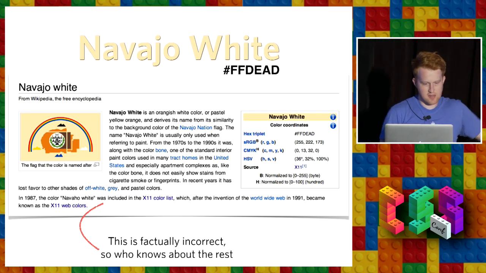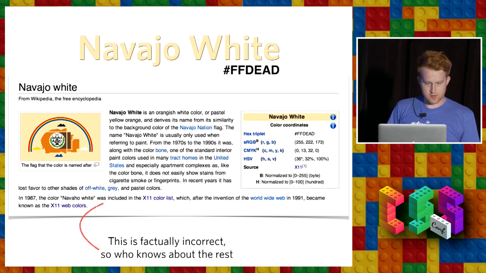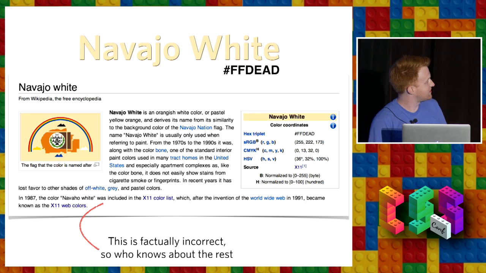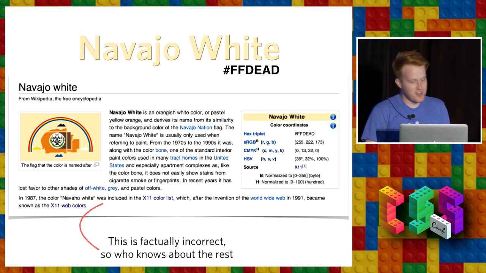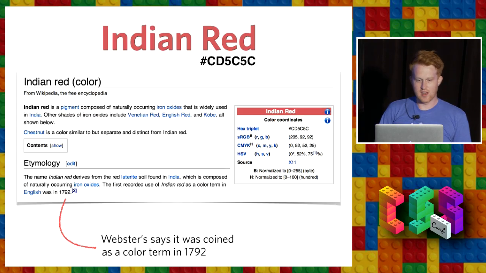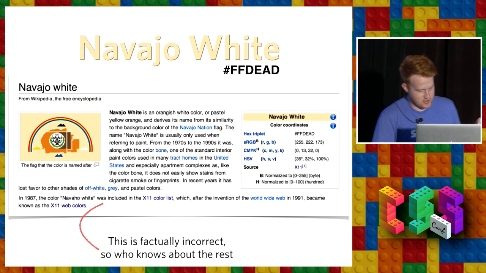Now someone could have doctored that, because if you read the last sentence in this slide, or on Wikipedia here, it says in 1987, which is wrong, the color Navajo white was included in the X11 color list, which is not a thing, which after the invention of the World Wide Web in 1991, which is the wrong year, became known as the X11 web colors, which don't exist. So someone should edit that Wikipedia page. Indian red. Also, Navajo white is FF dead. Pretty sweet